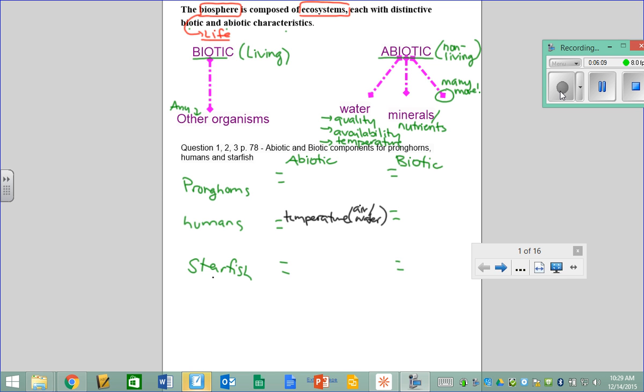Yes. Rocks. So I saw Luis put rocks several times on his list, and one of the things I said was you could probably put rocks as an abiotic factor for basically any organism as long as you explained how. So I think you told me that in your humans category you were going to say that rocks could be important for shelter. And so if we're talking about land, rocks would be part of the land part of the biosphere. The amount of land could be important for shelter for humans or for any other organism that lives on land. So we could put this idea up here for the pronghorn too.